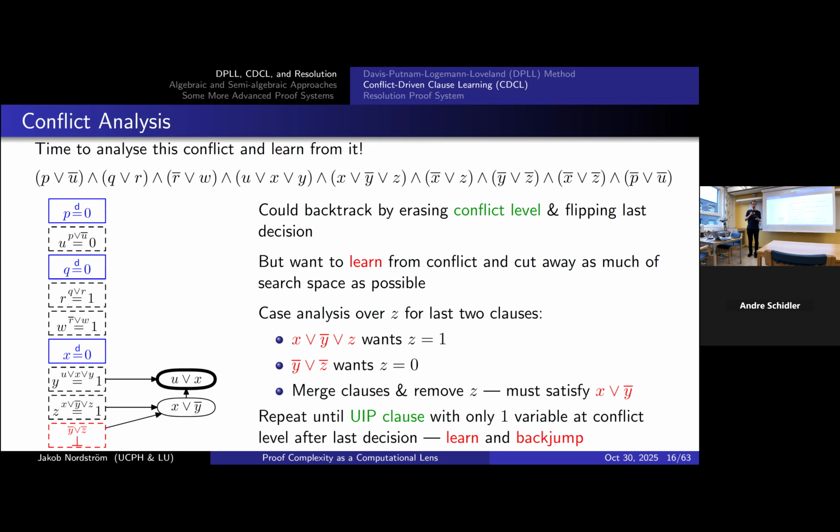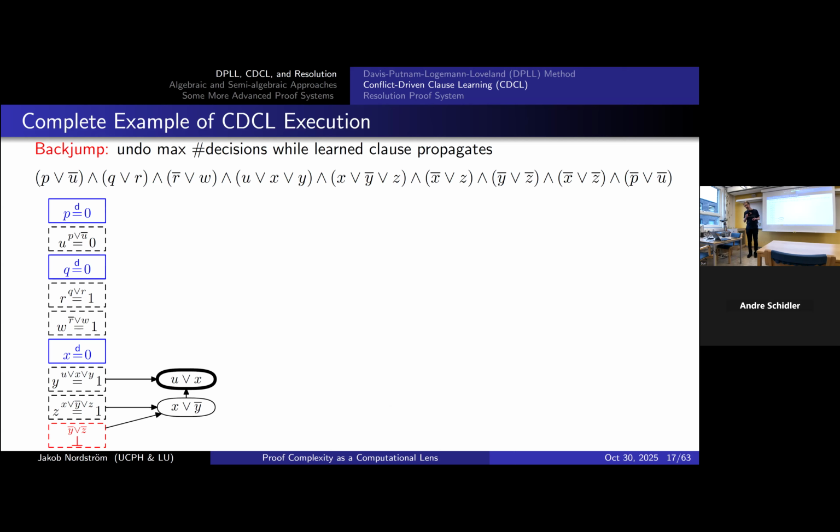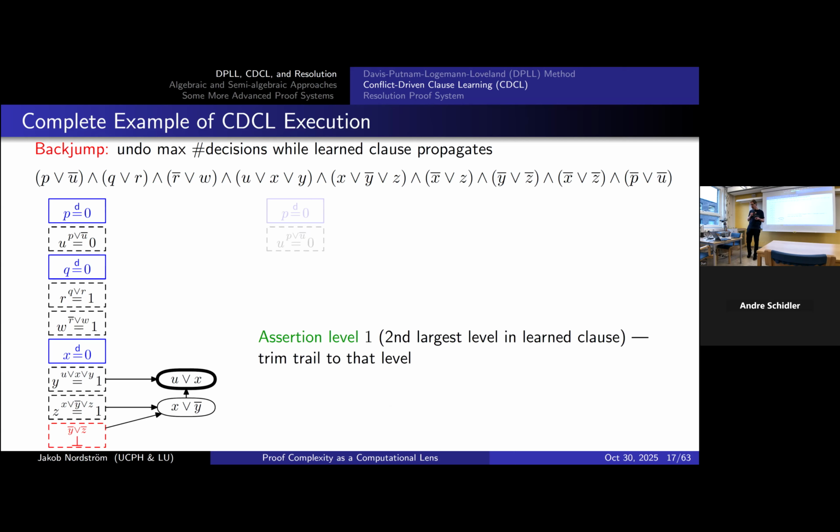add this to the formula, and we'll clear our partial assignment, which is called the trail. And we'll remove as much as possible from the trail up to the decision level where this learned clause is still propagating. So we'll remove decision levels 2 and 3. We'll keep decision level 1, which is shaded here. And now you see that given that P and U are both false, this learned clause propagates that X has